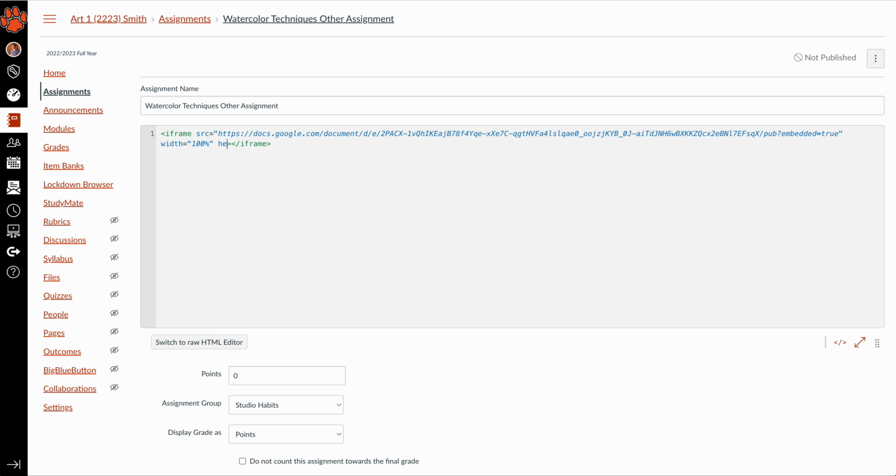equals, the height anywhere 600 to 900 I have found works. It depends more on the device when I watch the students working through this. So I'm going to put a quote and then 700, and I'm going to end that quote here. So when I come back down to the bottom right and I click on this HTML symbol,